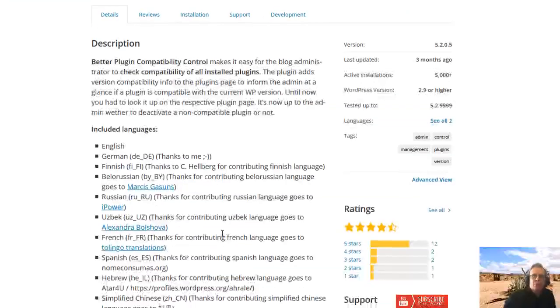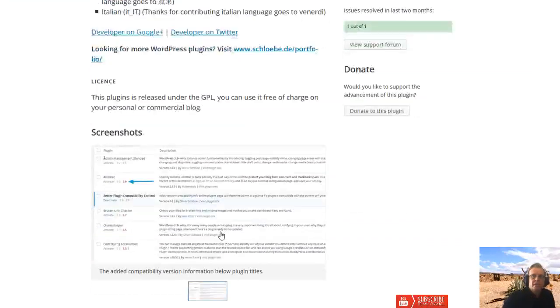And what it does for you is when you install it and activate it, it creates a second column in your plugin installation list. And in that second column, it tells you what the plugin's compatibility is listed at. Now, the advantage to having this happen for you is that it tells you, will this plugin work with your version of WordPress, or is it guaranteed to work with your version of WordPress?